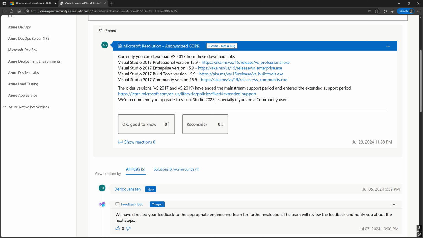So if we look here, we have an aka.ms link for each version of Visual Studio 2017. If you change where it says 15 to 16, then each link will be for Visual Studio 2019 instead. But I'm only interested in the free community version, so open this last aka.ms link and that should have downloaded